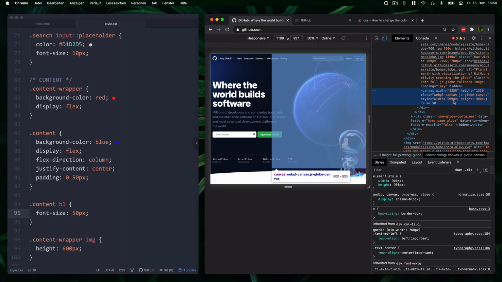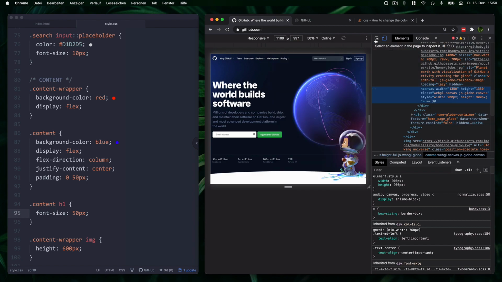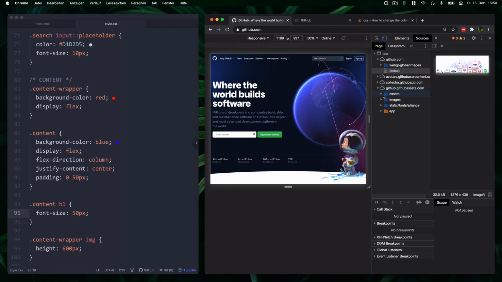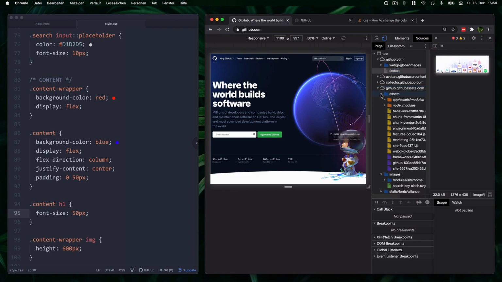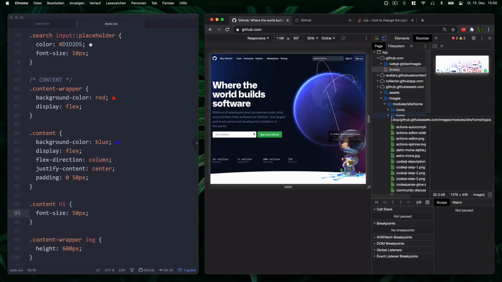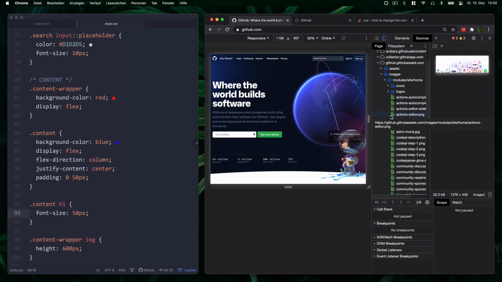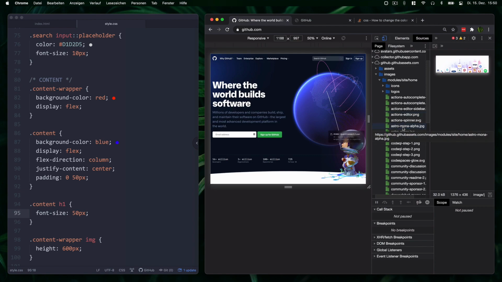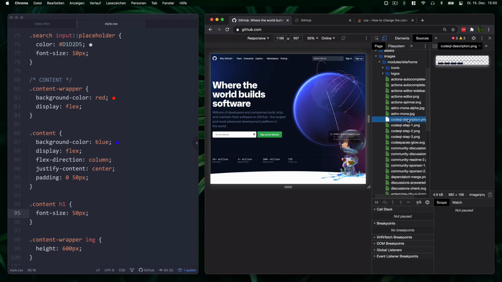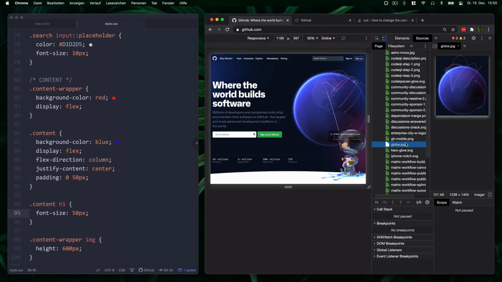Yeah, right, but I can't just web shell canvas JS globe canvas globe container. Let's see. Sources, GitHub, images, assets, and now images, home, logo, action spanner, blah blah blah blah blah, globe, hero glow,